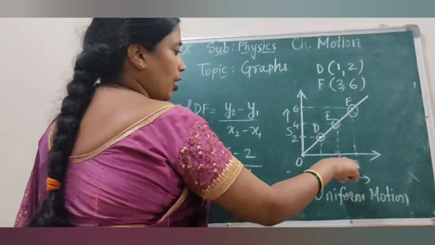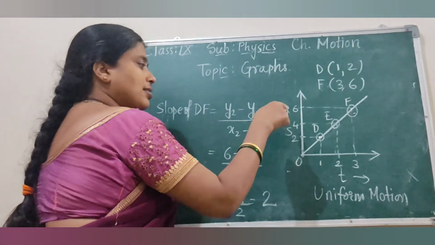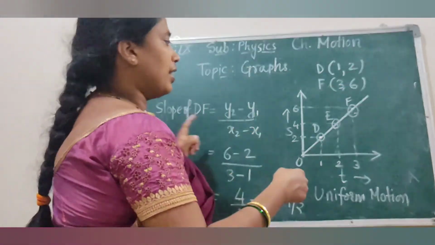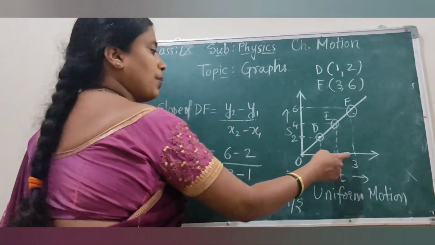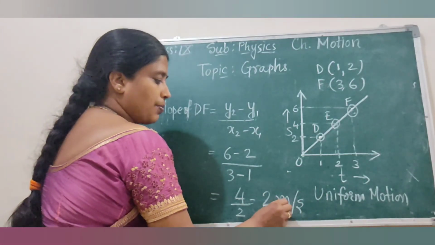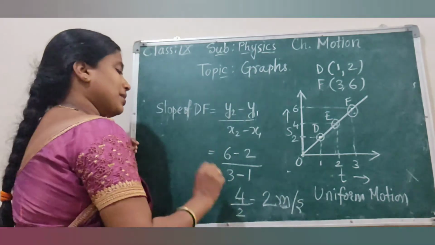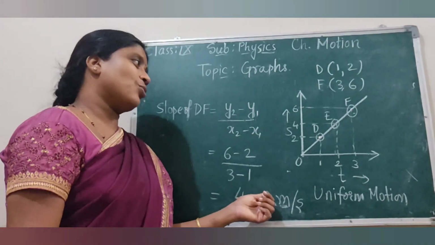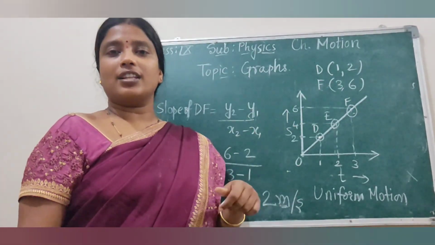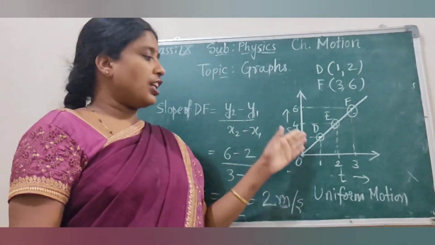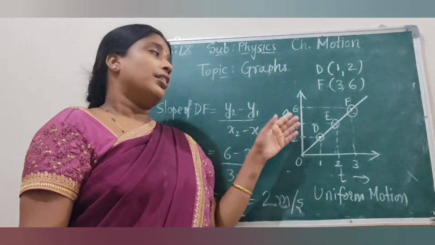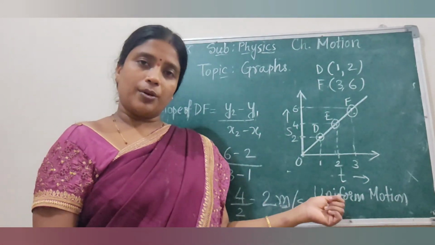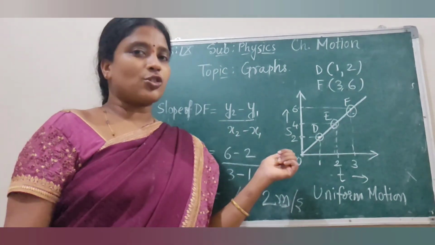And as you know, on x-axis this is time and this is distance. So, y2 minus y1 will give you distance and x2 minus x1 will give you time. So, the unit of distance is meter and unit of time is second. So, 2 meters per second, and this 2 meters per second is actually the speed of this object. So, from position time graph or distance time graph, you can easily find the speed of any object. Okay. So, I hope this topic is clear to you.